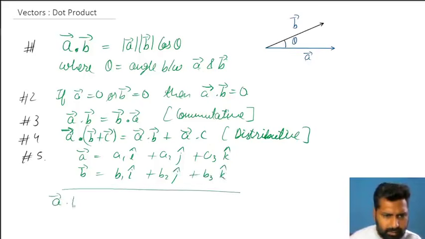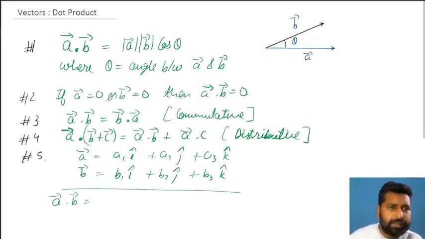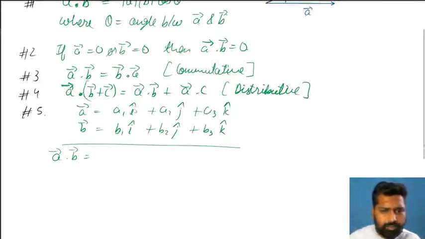Okay, so A dot B, how do we deal with this? Basically we multiply i with i, j with j, k with k. It's just that we remove the sign of i, because i dot i will become 1. I'll talk about that in a minute. So it is A1 B1, remove the i, A2 B2, remove the j, A3 B3. So you just multiply numbers.